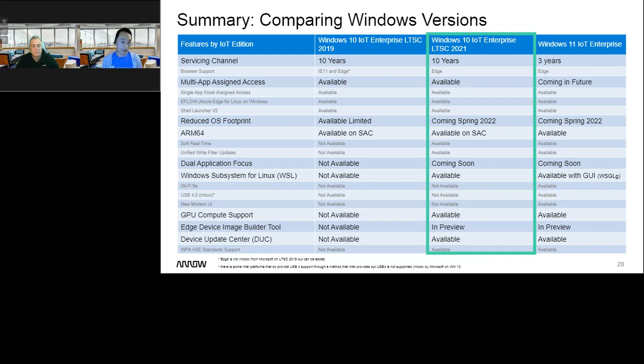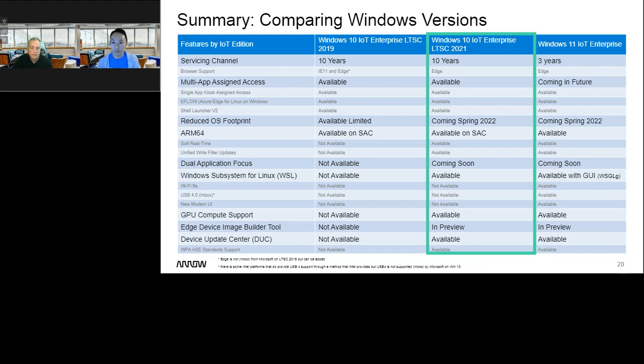So definitely for the coming 2 to 3 years, my recommendation for most OEMs would be the Windows 10 IoT version and then the latest one. Maybe if a customer wants to use any of the features covered today that are on Windows 11 but not on Windows 10, that would be the only reason I would say to go for Windows 11 now.